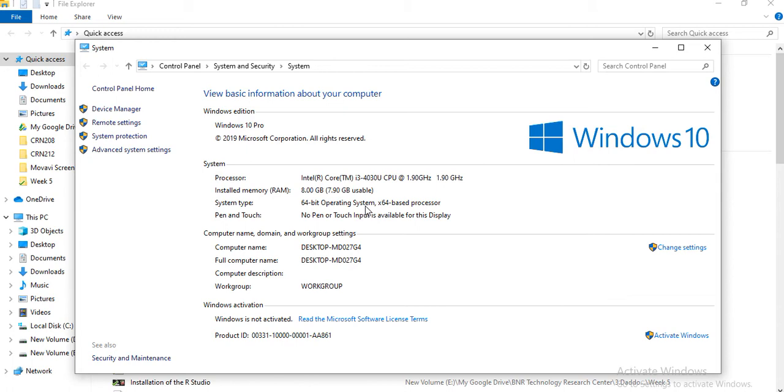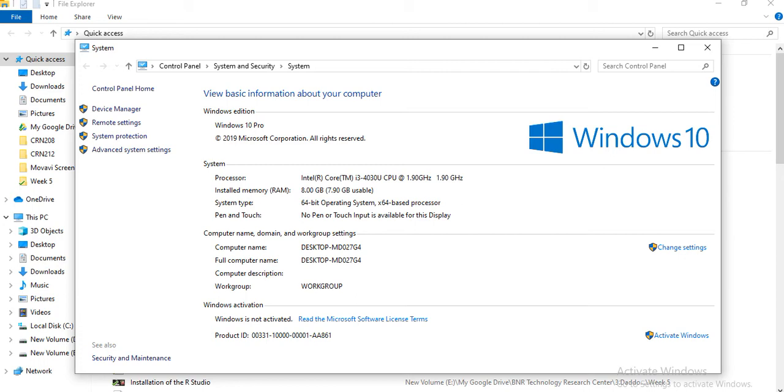Try to understand, guys, that whatever software we try to install usually comes in two versions: a 32-bit version and a 64-bit version. Based on the type of system you have, you will install that software. If you have a 64-bit system, you can install 64-bit or 32-bit software. But if you have a 32-bit system, you need to install 32-bit software or a lesser one, maybe 16-bit. My system is 64-bit, so I am going to install 64-bit software.